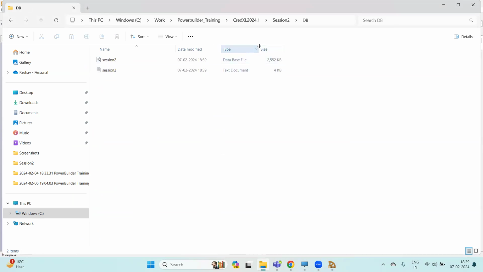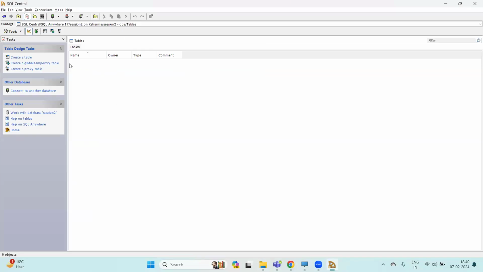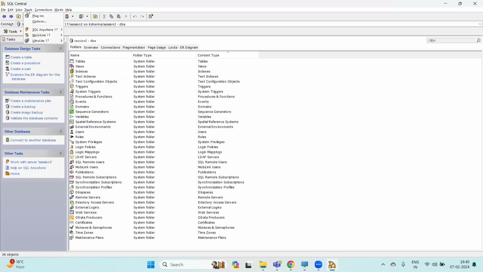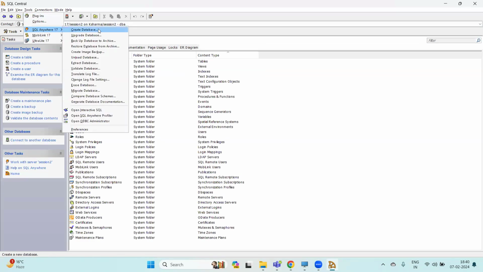There are two files being created. One is the session2.db file and another is the session2.log file. Okay, so this way you can create your database. So this is a blank database currently. We don't have any table, we don't have any other object. So we can create a new table here, or we can connect, we can write a table,